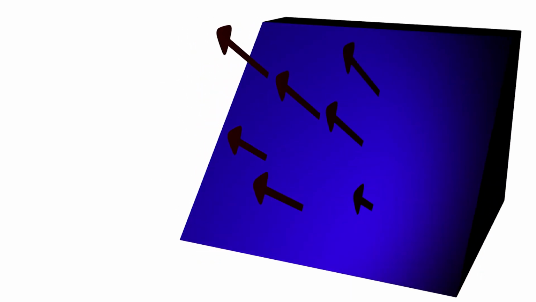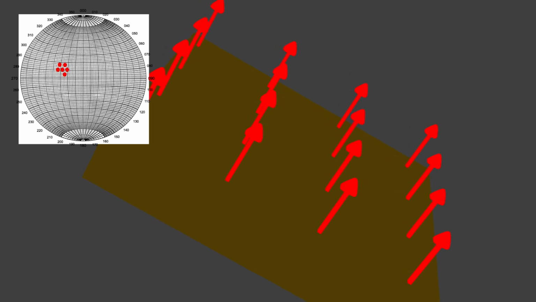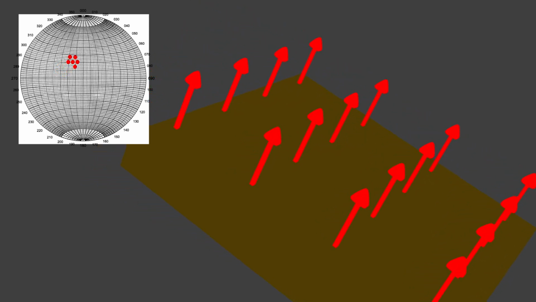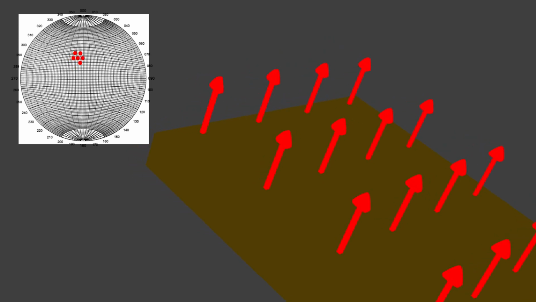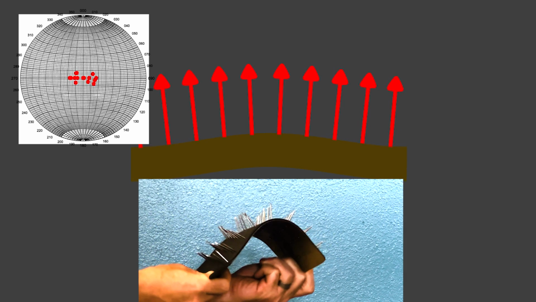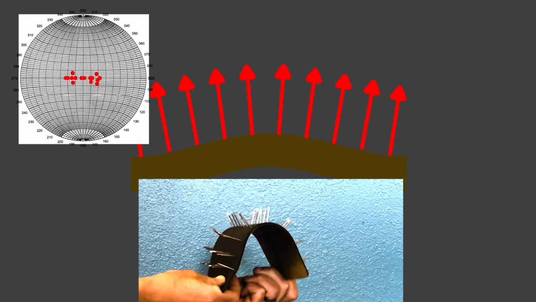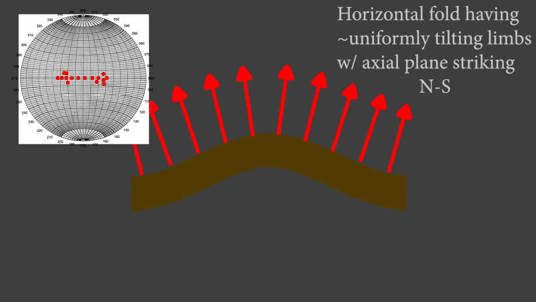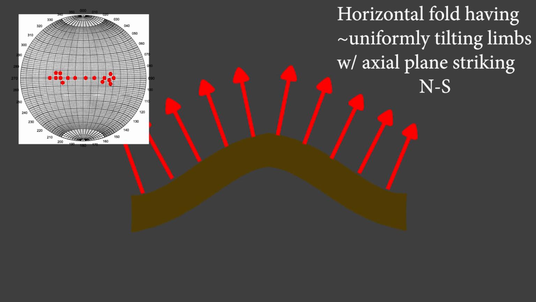Uniformly tilted layers of rock will plot as a cluster of poles on one area of the net, and on a Schmidt net we know that the clustering density is a true statistical measure and not a function of placement on the grid. Let's make this a little more interesting by folding our layers with a horizontal axis, and the poles to the plane will plot as a linear cluster of points across the net through the center of the grid. But we can see that some areas are denser in points than others, and to get an even better